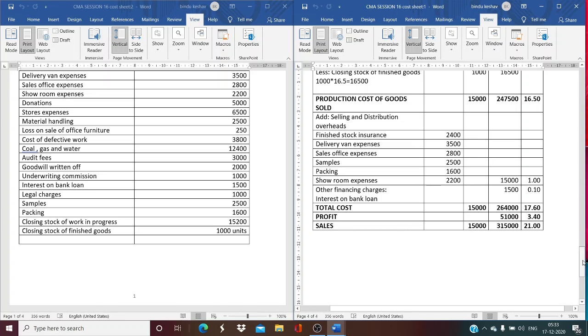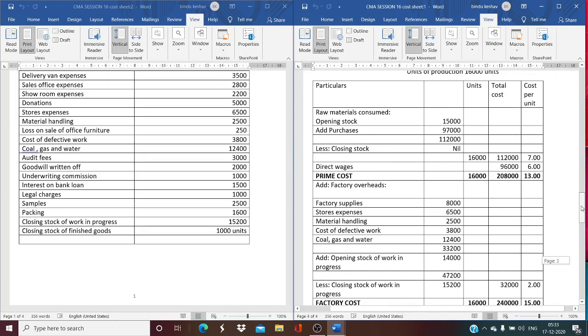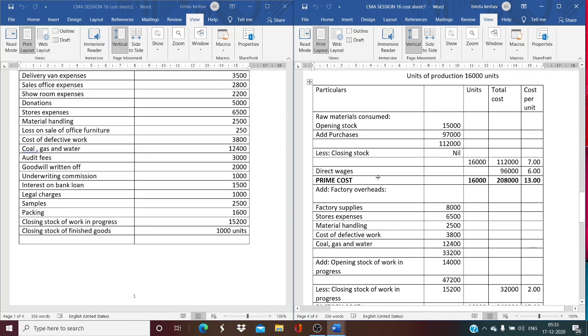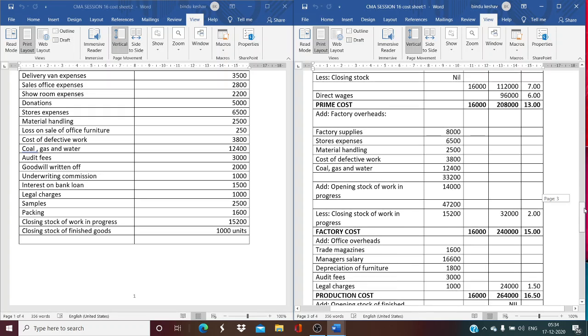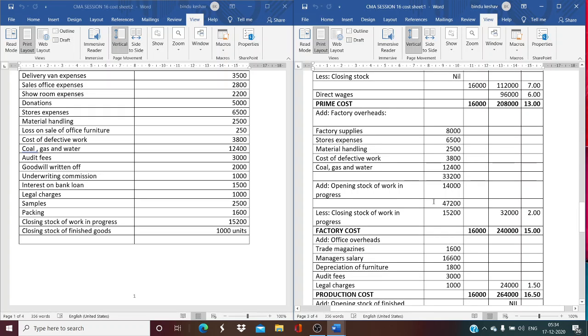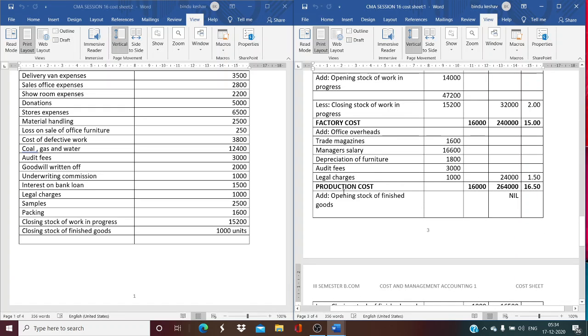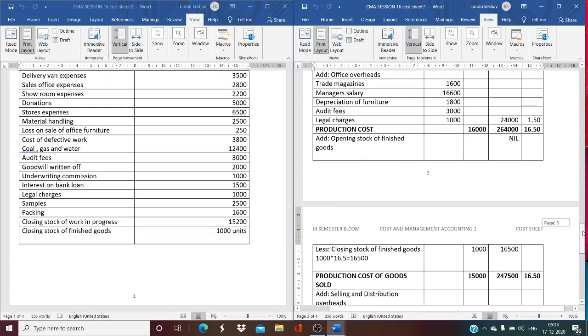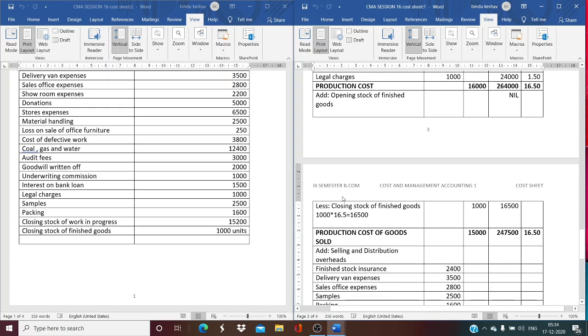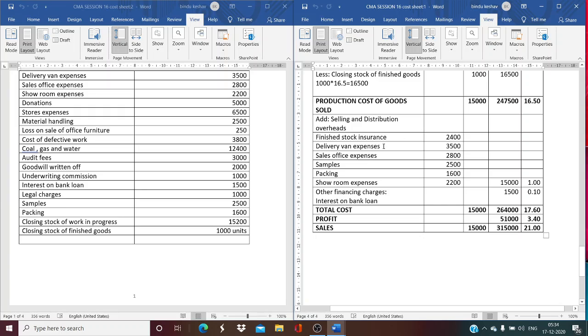Now, this is how a cost sheet is prepared and the profit is found out. To begin with, direct materials and direct wages give the prime cost, and to the prime cost, factory overheads are added and the work in progress is adjusted. We got the factory cost. To the factory cost, office overheads are added. We got the production cost, and to the production cost, opening stock and closing stock of finished goods are adjusted. We got the production cost of goods sold. To this, selling and distribution overheads as well as other financing charges are added, and we got the total cost. Then we know the sales, and from the sales we deducted the total cost and found out the